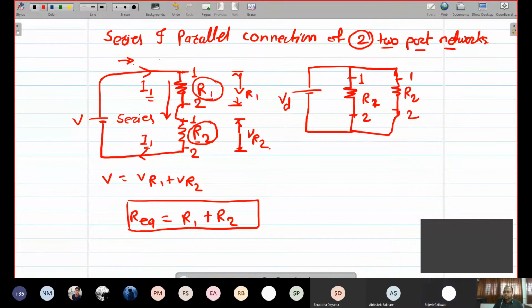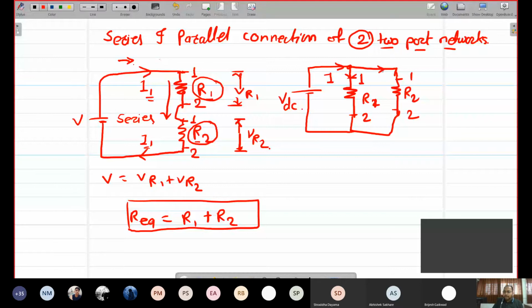Okay, and up to this, the incoming current is remaining constant, right? But after this, as this is a current division, it is the branching of two different resistors. So definitely the current is going to split. So the current I is going to get split into two branches, right?